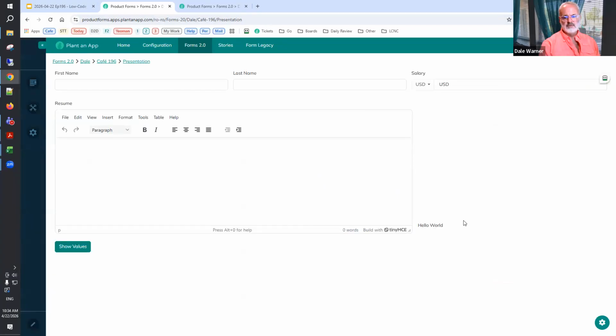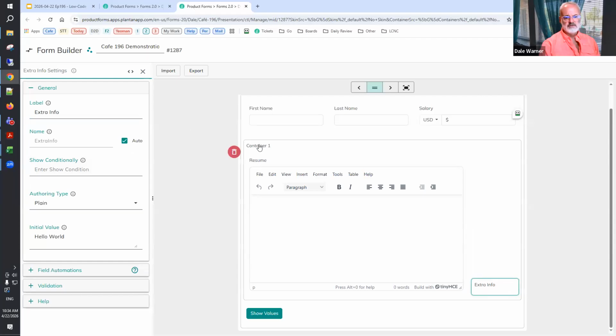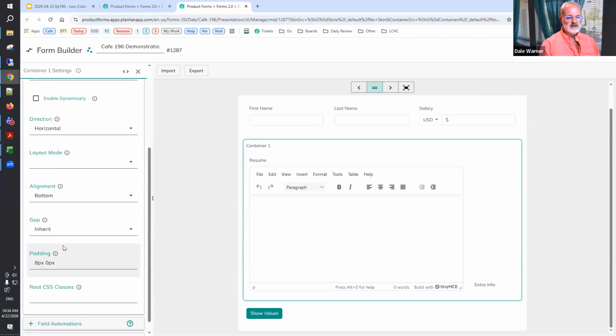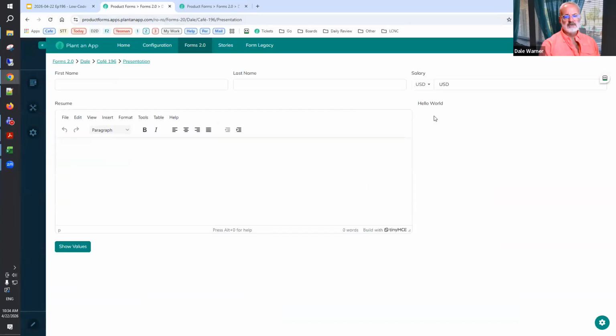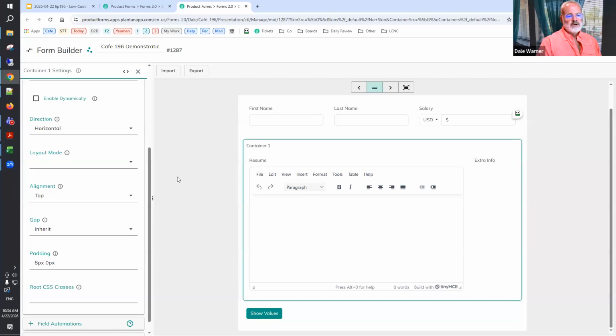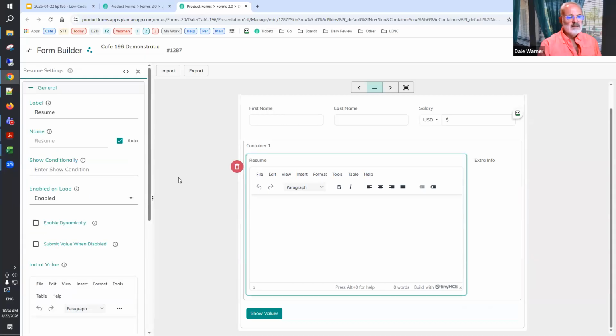So now we see hello world down here. This gives me a chance to show another feature. Containers can be aligned. By default, they're aligning at the bottom, but we could align them at the middle or the top. So if I change that alignment and refresh, now we see that that content is showing up at the top. So we renamed this or called it the content block